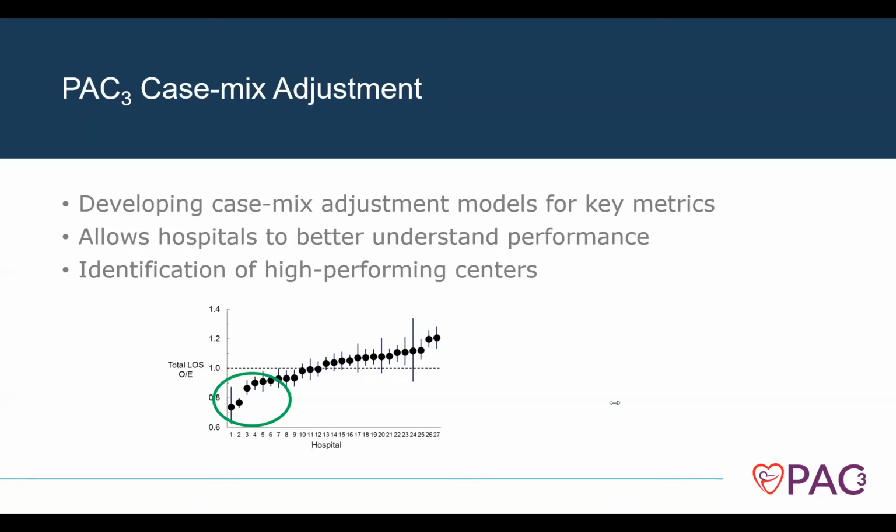Yeah, they actually do a really nice job. I have a variety of them printed out right here, but it would not show well on the camera. But you can actually see exactly what goes into their case mix adjustment models, or pretty close to what goes into it. They have a highlighted high level, so they may not show, I'm sure if you dig and ask, you can get it, but like what all the covariates are and how they're weighted and all of that in the final models. But all the different elements that go into it are available on pac3quality.org